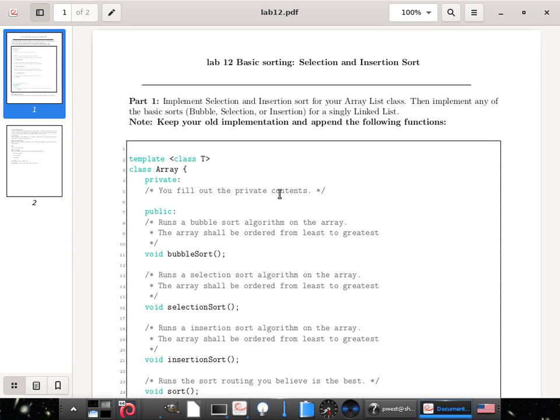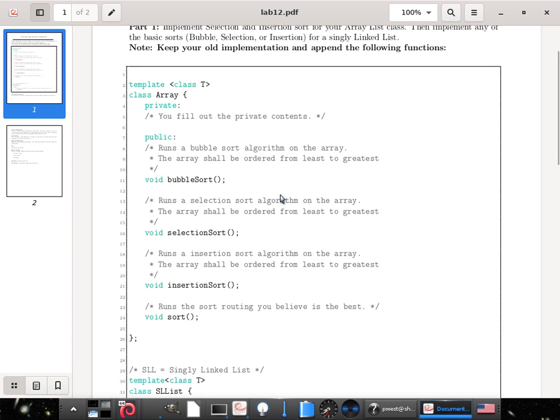So you still need everything from your previous array class in order to pass this lab, but you need to also add these functions: bubble sort, selection sort, insertion sort. So bubble sort, hopefully you've already written that. Selection sort runs the selection sort algorithm as I have dictated, as well as insertion sort for running the insertion sort. And then I want to have a sort function that runs the sorting